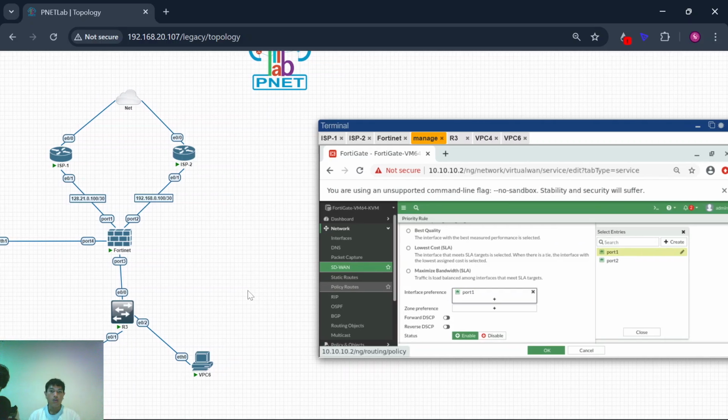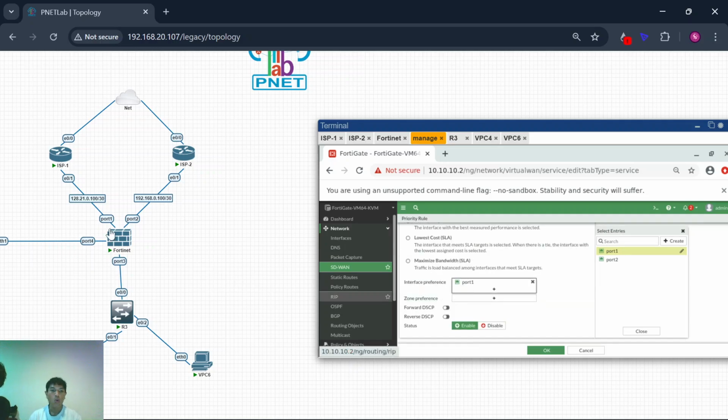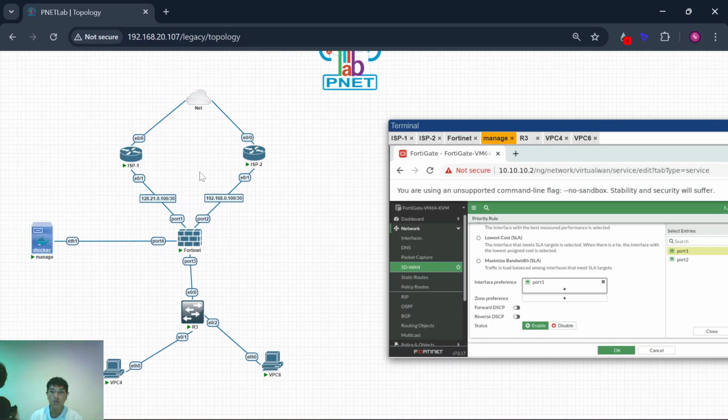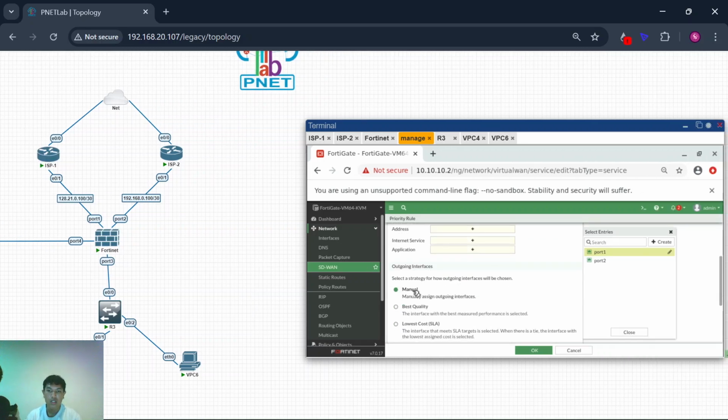So for VLAN 10, going to the internet is through SP1. Outgoing traffic from port 1 here, and this is manual.